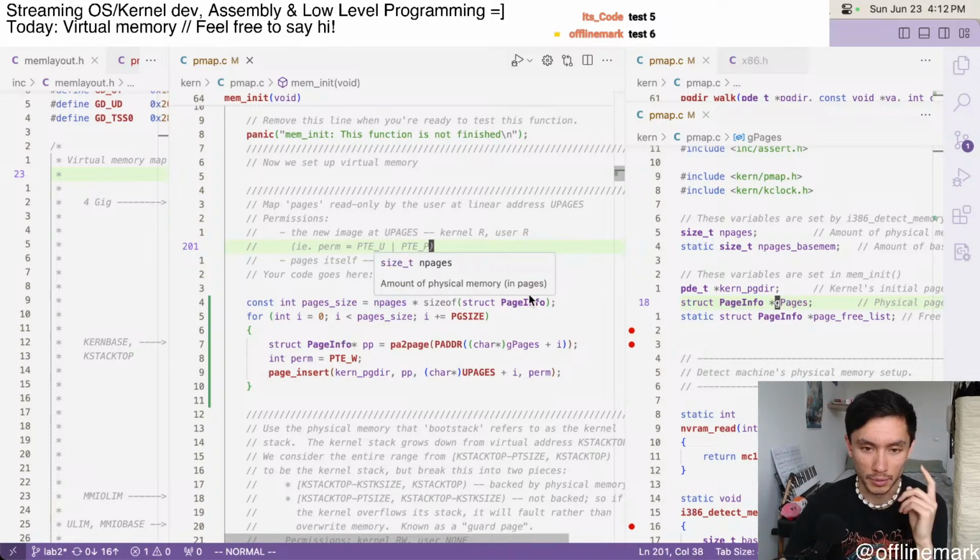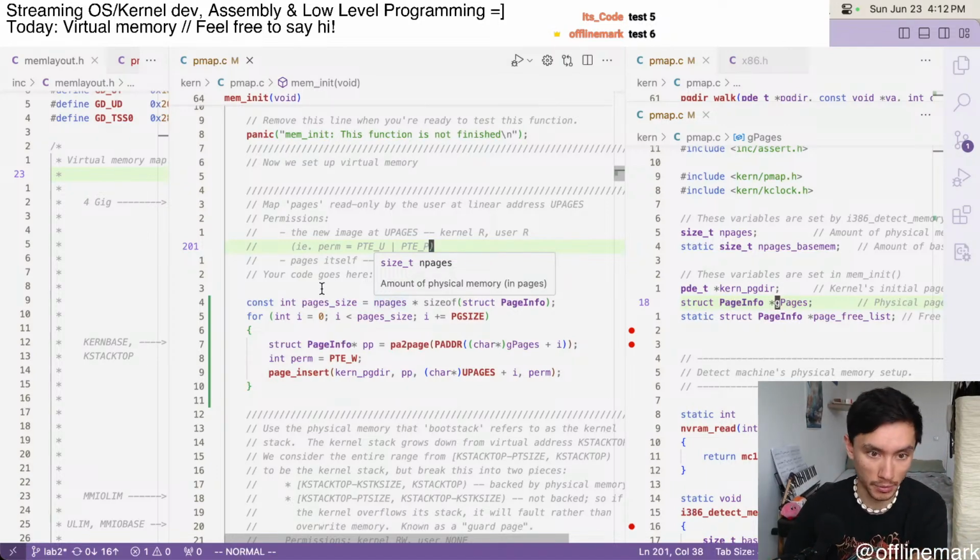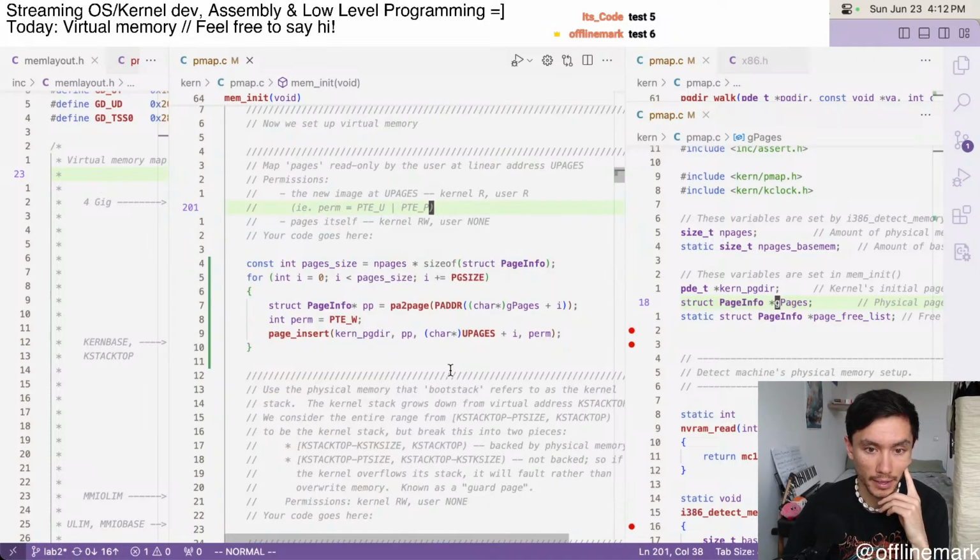So we know the number of pages that exist. It's the number of these physical memory frames or physical memory pages. And we also know the size of the page info structure, so we can compute the size of this array in memory. And then the idea, like the loose idea,